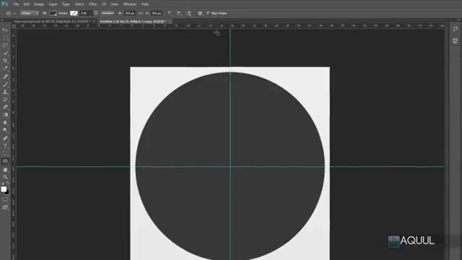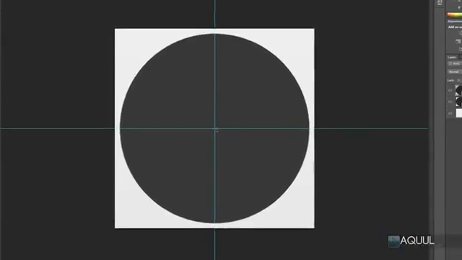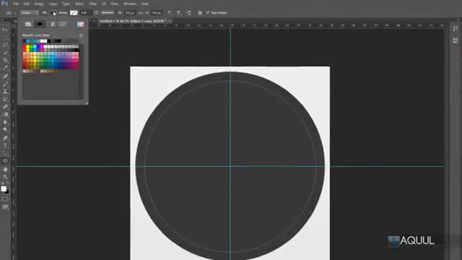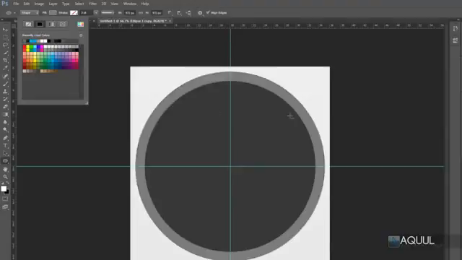And then you just want to click in the middle of the canvas again, hold down Alt and Shift, and then drag it out so it's just a little smaller than that other circle that we made earlier. Sweet, now let's change the color just to a lighter grey with that same color box there. Okay, now we've just got one more shape to make, so if we go back into that drop down list